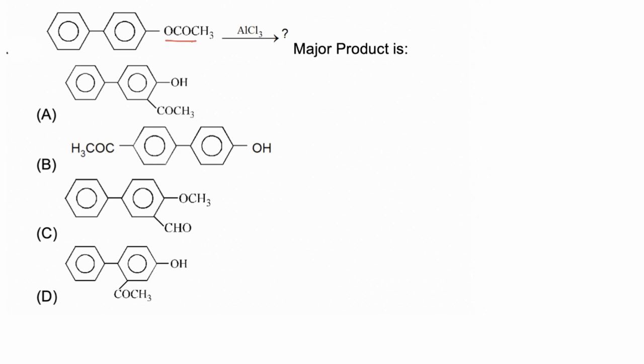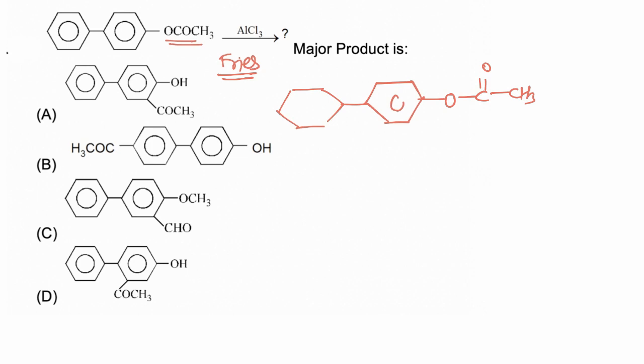In this reaction, an ester is treated with AlCl3. Now this reaction is a case of Fries rearrangement. In Fries rearrangement, the ester will rearrange to a phenol, and the carbonyl group is attached at the ortho and para position of the OH group. Now in this reaction, when the ester is treated with AlCl3, the ester molecule acts as a Lewis base, and AlCl3 acts as a Lewis acid.